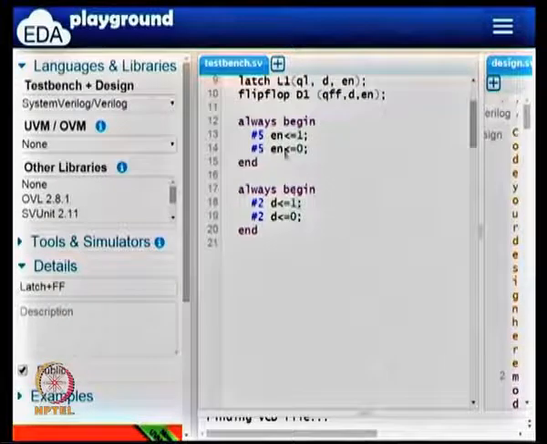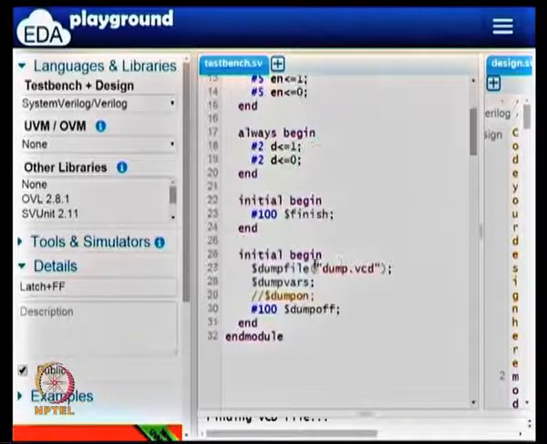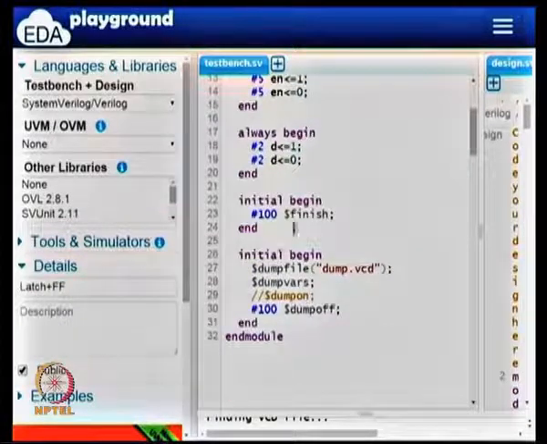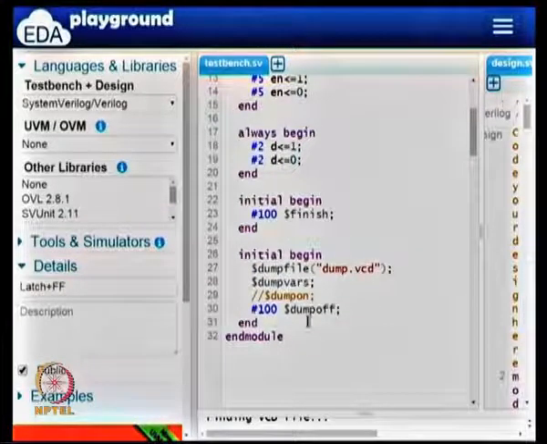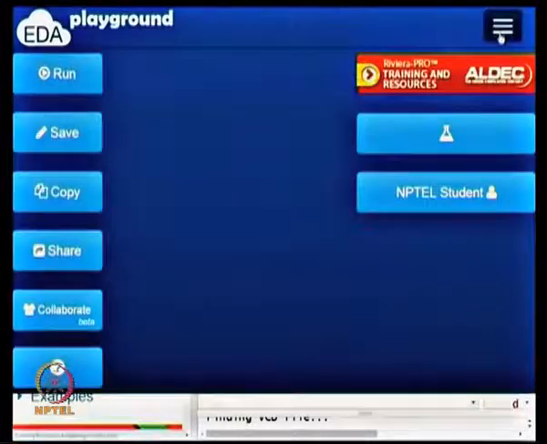I have a clock here which is toggling every 10 time units, and I have a data signal which is changing every 4 time units. I have put in various other things so that the simulation will end and so on. So let me save it and run it.